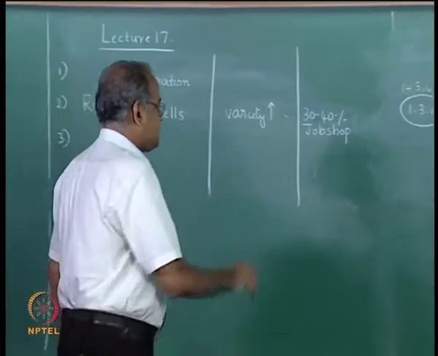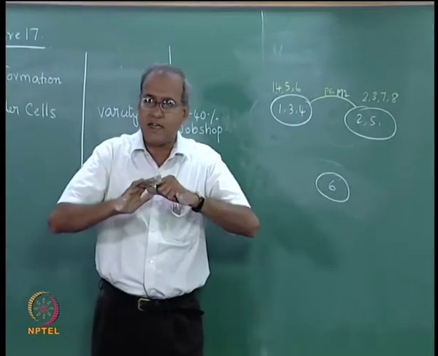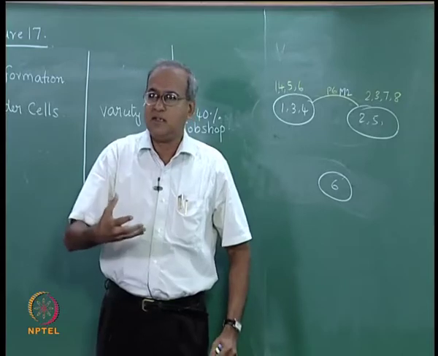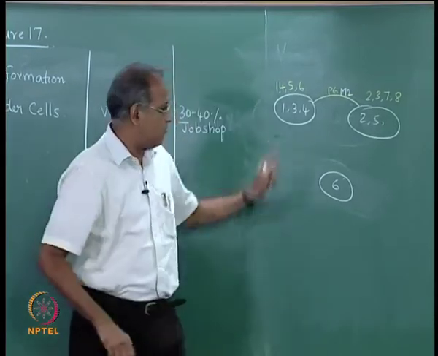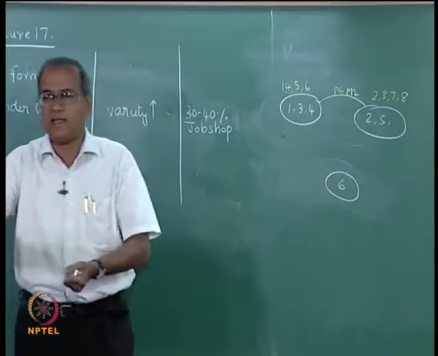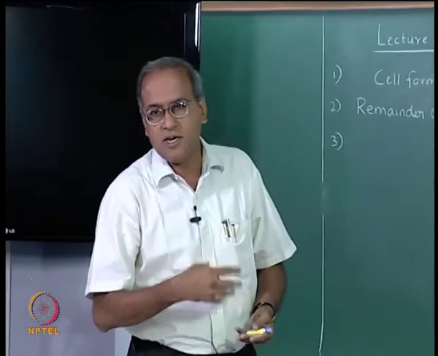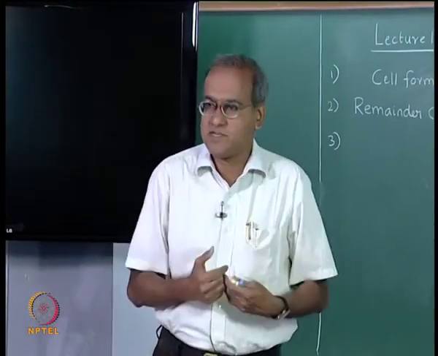But the remainder cell does not have any part allocated to it, therefore it does not treat any of these as intercell moves, or as something which is not its own that it is performing. At the same time, a move is a move, so there can be delays and so on. So we will lose some control, but we have the advantage of not duplicating the machine. Machines are kept as a common facility.